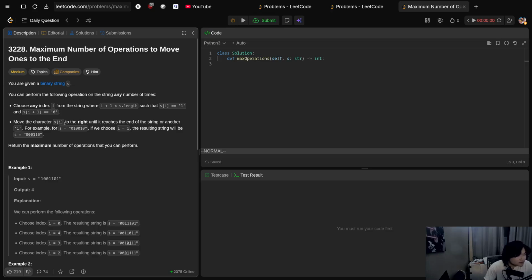Move the character s of i to the right until it reaches the end of the string or another 1. For example, 0 1 1 0 1 0 0 1 0. If we choose an i,